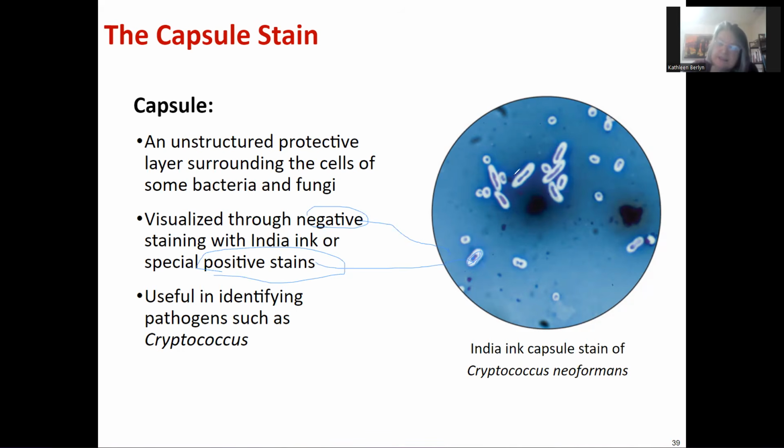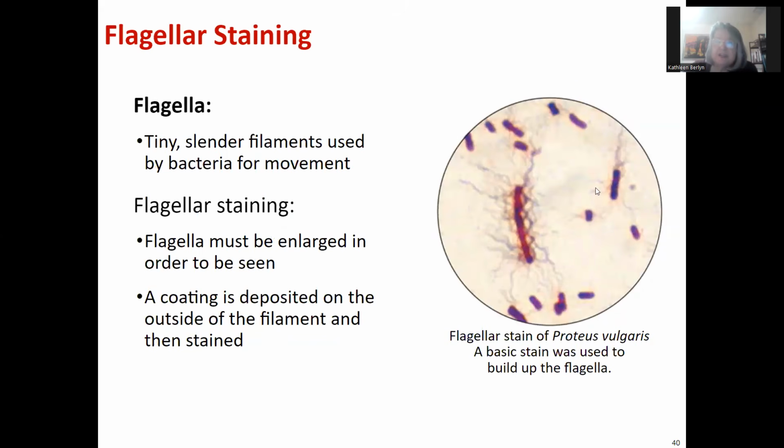And you can see this clear zone around it is the capsule, whereas these long kind of strings inside, that's the organism itself. And so doing capsule staining can be important and useful for helping to identify different kinds of bacteria. Flagellar staining, again, can also be used to help identify this organism. This is Proteus vulgaris, and all of these kind of stringy things coming off of the bacteria, those are the flagella. And you can use flagella staining to tell